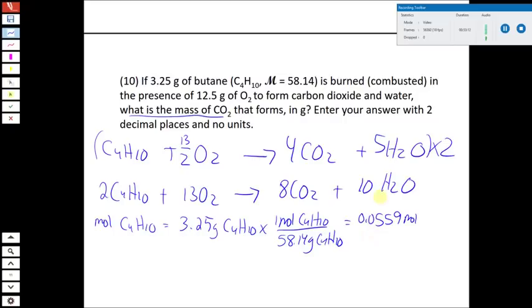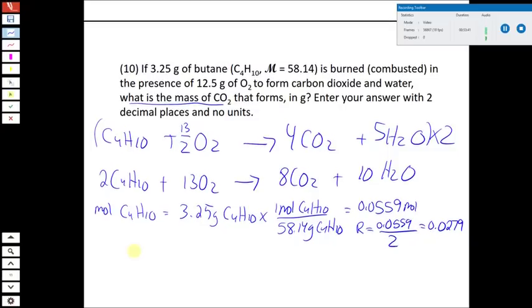And then to determine if it's the limiting reactant, we also have to take the ratio. So we divide the number of moles, which is 0.0559, by the coefficient. So if we're using the bottom equation here that's balanced with whole numbers, the coefficient for C4H10 is a 2. So when we divide that, we get 0.0279. That's our stoichiometric ratio. This is what we're going to use to figure out if it's the limiting reactant or